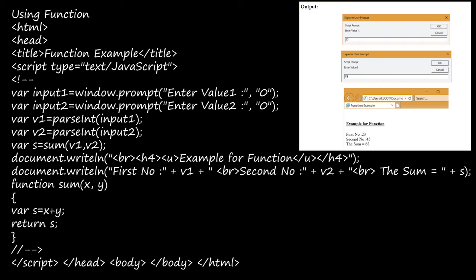first number and v1. The value of v1 will be whatever you give in the first prompt dialog box, and that will be displayed there. Then br, so it will move on to the next new line, and then second number, that will be displayed as such, and then v2 means it is the input value, right? So that value also will be displayed here, and then the sum is, that is inside double quotes, br,